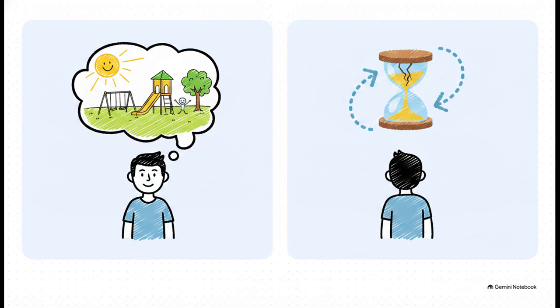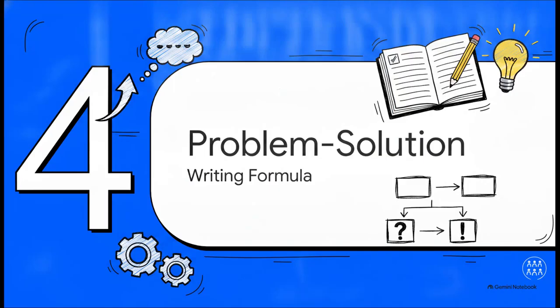Now, I want to pause here because the subtle but absolutely critical difference between the second and third conditionals is exactly where students often lose points. You have to remember, the second conditional imagines a totally different reality happening today. If the school was inclusive, everyone would feel valued. But the third conditional looks way back at a finished, closed event in the past and imagines a different outcome. If they had shared the ball, they wouldn't have argued. When you are sitting in that exam room, always look at the tense of the sentence to know which conditional you are dealing with.